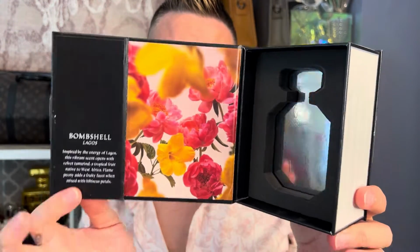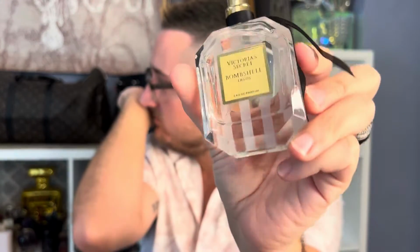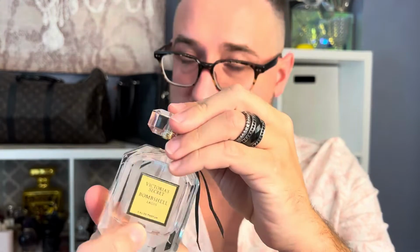So I love hibiscus. Hibiscus is typically one of my favorite fragrances. If you can use hibiscus properly, it can smell wonderfully. However, with this one, Lagos says this vibrant scent opens with velvet tamarind, a tropical fruit native to West Africa. Flame peony adds a fruity facet. It smells like a more woody, fruity peony. I will say I get that peony mixed with hibiscus and a little bit of the dry down,